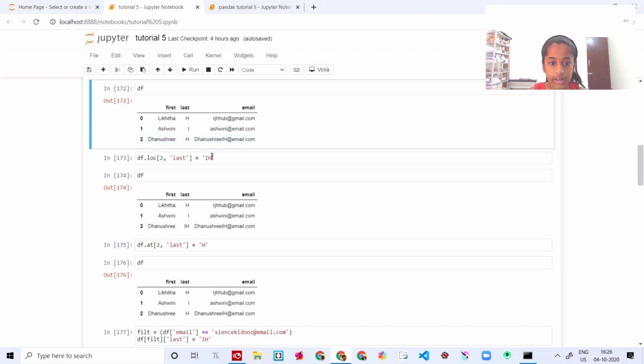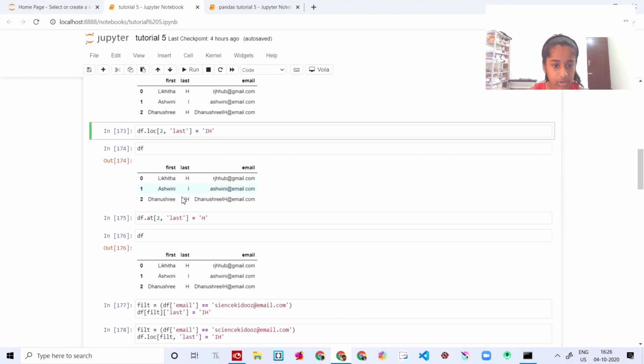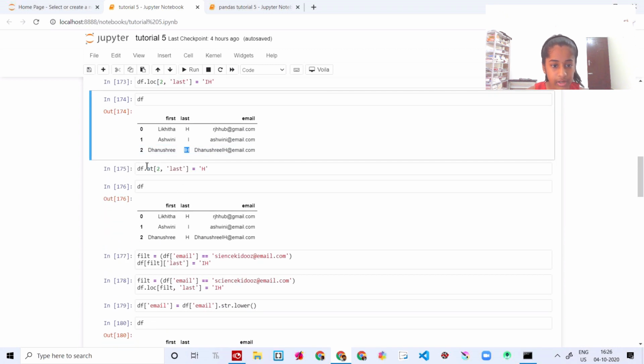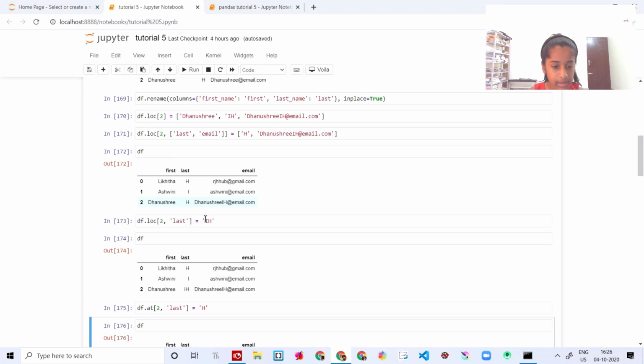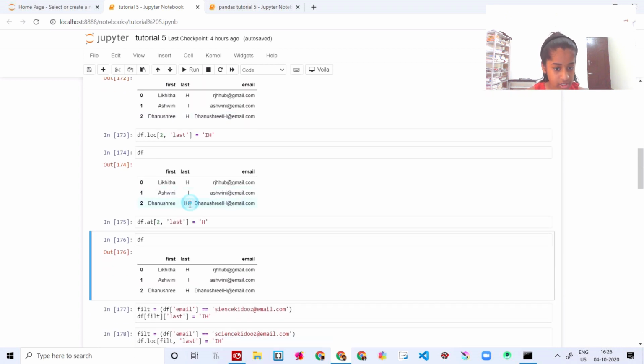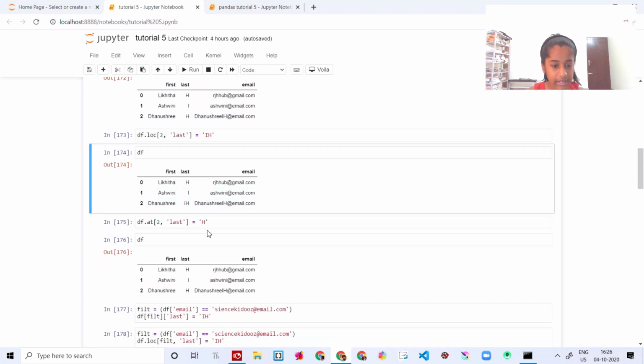This is going to be the last name. We're going to replace it like this, and if we print out the last, you can see it's going to be IH. And we're going to make it again H, back to H. We're going to say df.at[2, 'last'] is equal to H. You can see here now it's converted. This index number is 2, so I have put 2. The last name we're going to set back to H. It was IH, so this is how you set it like that.